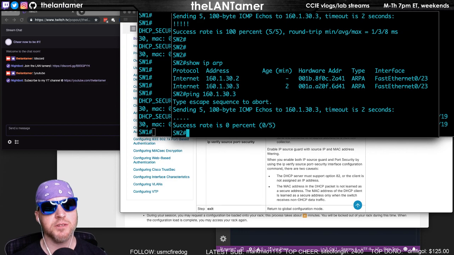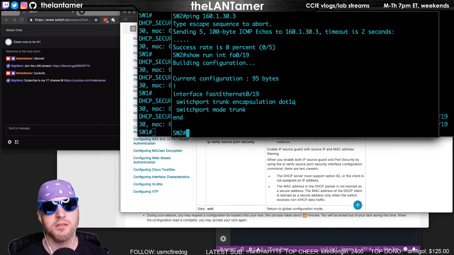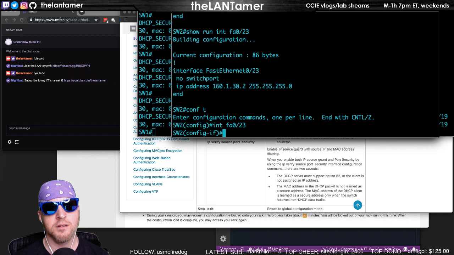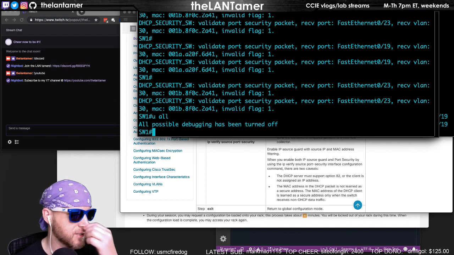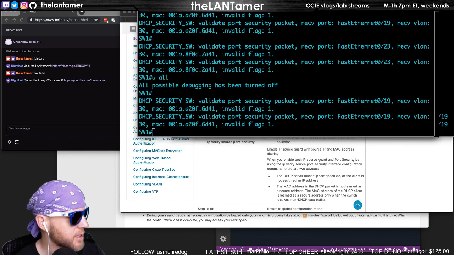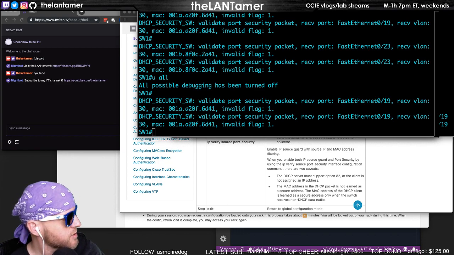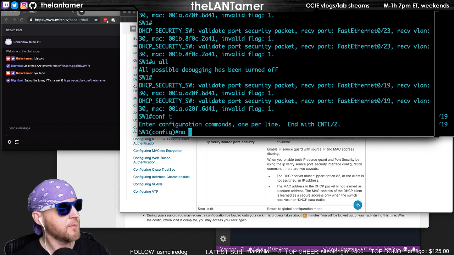So let's see, just for grins, show run interface FA019. Well, I'm not going to go through all the trouble of setting up DHCP. But I almost guarantee you, if I turn off DHCP snooping, I'm going to look at the lab answer guide now. Switch mode, IP verify source port security, yes. DHCP snooping, IP source binding, yeah. So, watch this. If I turn off, no IP DHCP snooping,